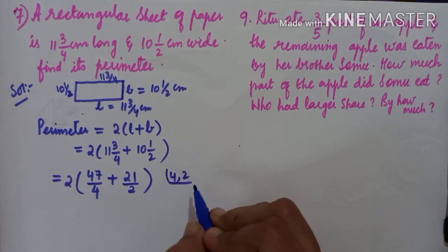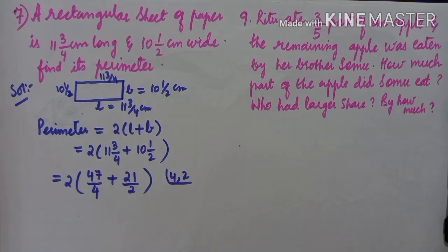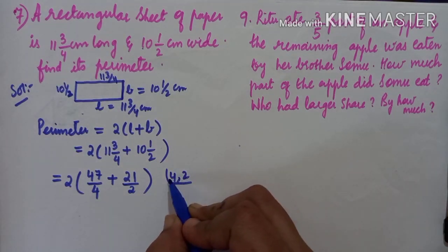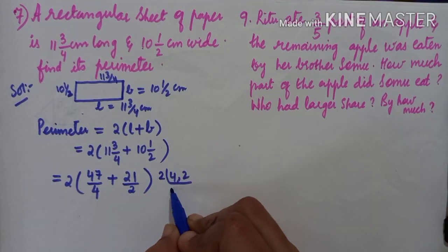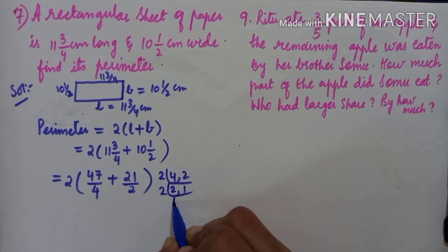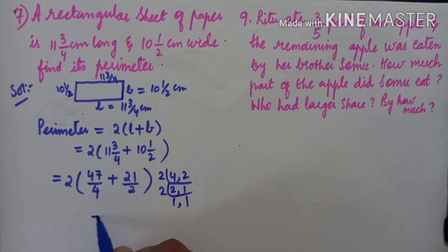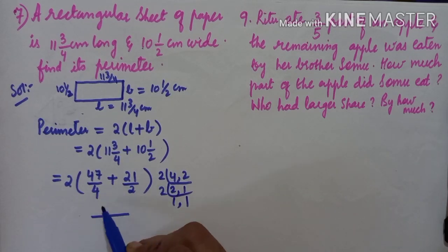Okay, 4 into LCM will be LCM. So here 4 into LCM. Okay, so 2 2s are 4, 2 1s are 2, so 4 into LCM will give you 4. Okay, now in the 4 table you need to just take the LCM. The LCM is the denominator, so this denominator is 4. Okay, 4 into what will be 4?